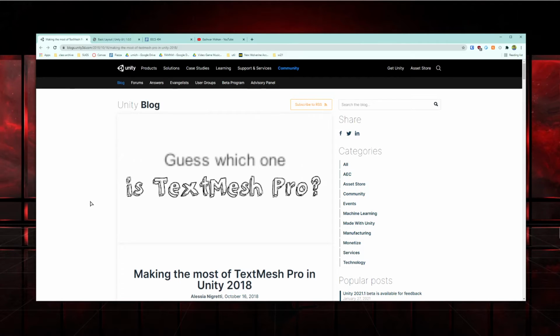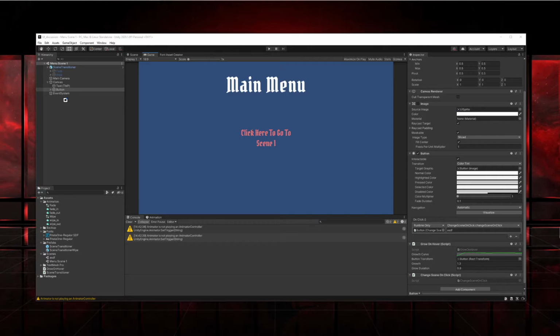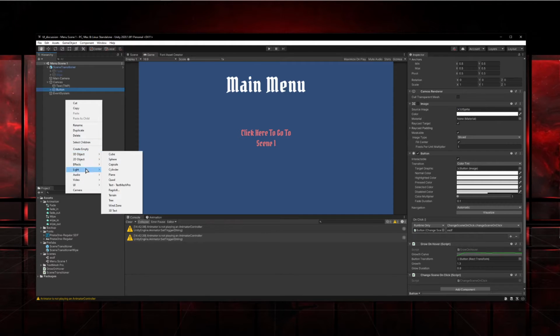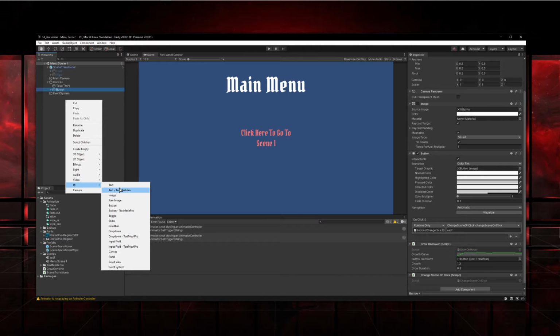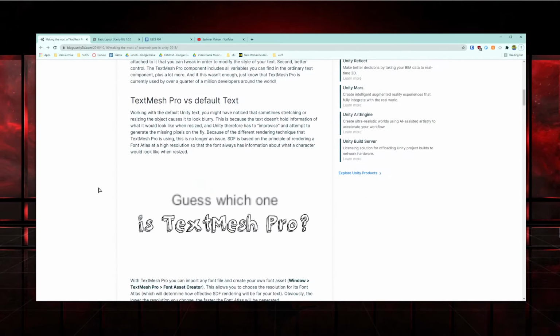The first thing I wanted to talk about that's related to user interfaces is text and fonts. You might have noticed in Unity, if you try to add a canvas UI element like a button or a piece of text, you can choose between Text and Text Mesh Pro, or Button and Button Text Mesh Pro. You might have been wondering what the difference is between the two. This blog post, which I'll link, explains the differences. But long story short,